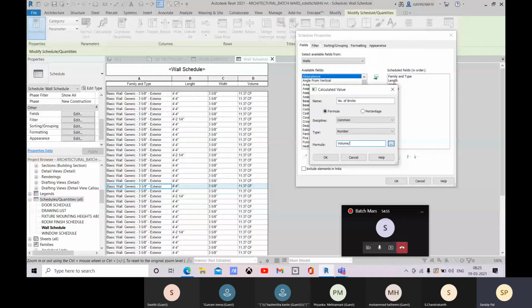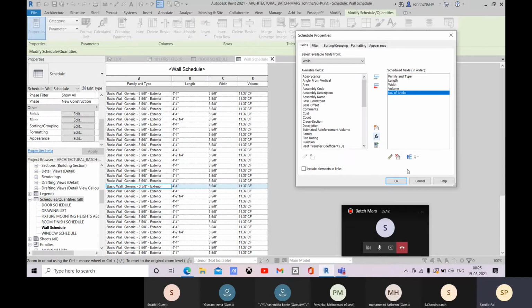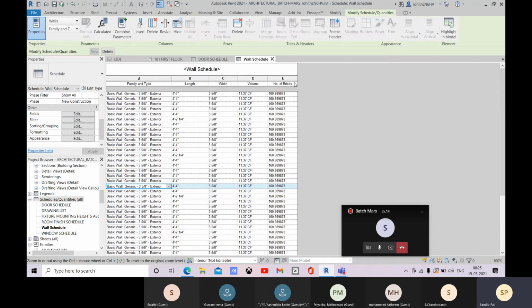So let me convert. 0.0706, and that will be the cubic feet, and let's click on OK and OK. And here you see this is the number of bricks. 160 bricks will be there for your 4 feet 4 inches wall.